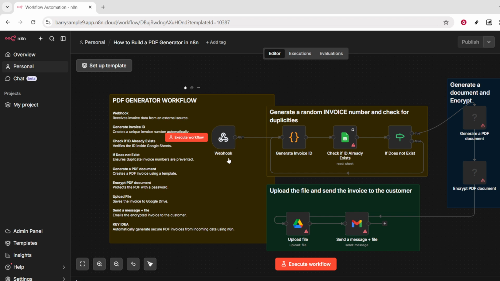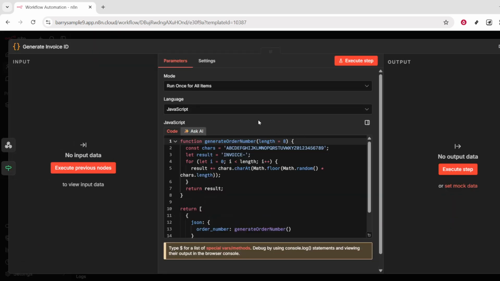Next, the workflow generates a unique invoice ID. The format looks like invoice-XXXX, for example, invoice-A7D93KQ2 or invoice-F82JD9A1. Using a predictable prefix and randomized suffix makes searching and referencing invoices easy later on, while ensuring each document